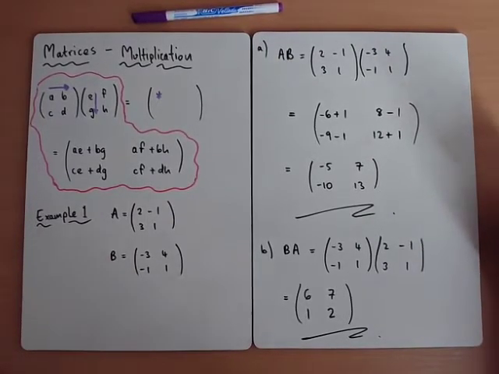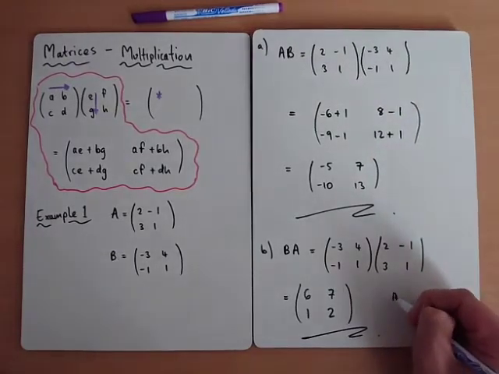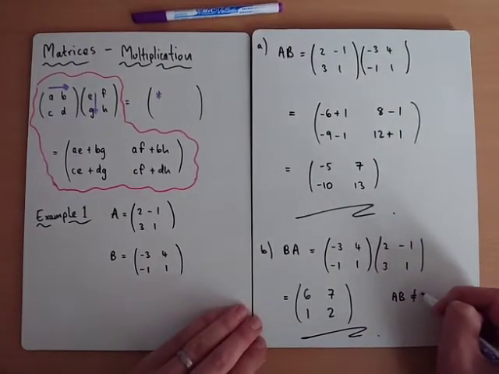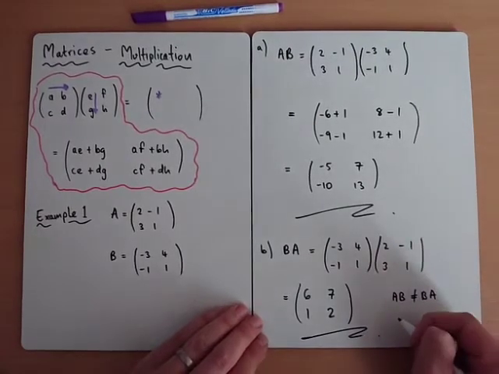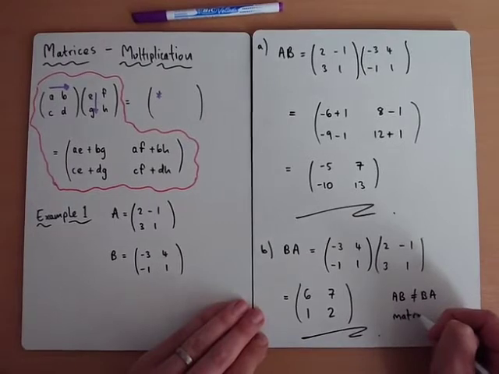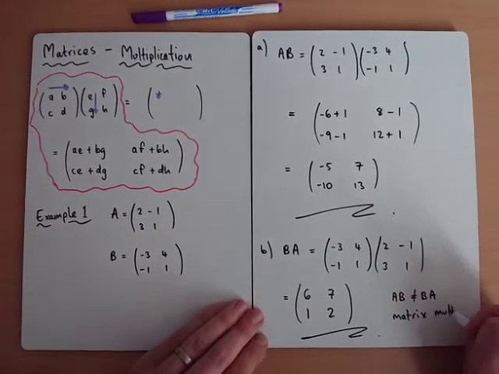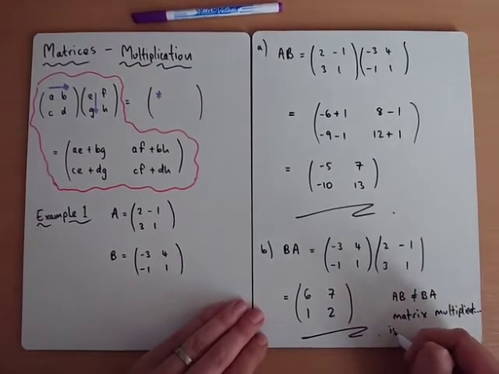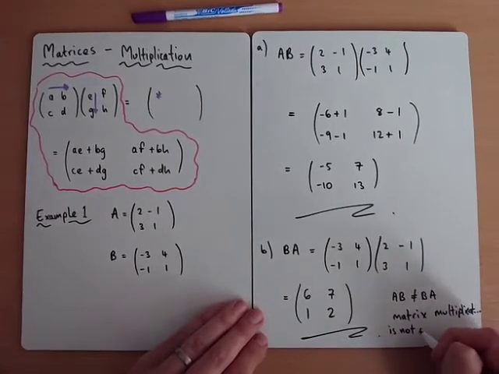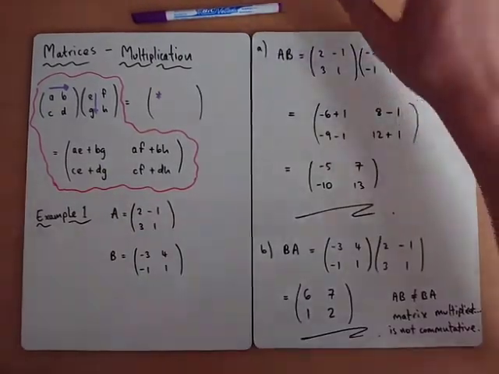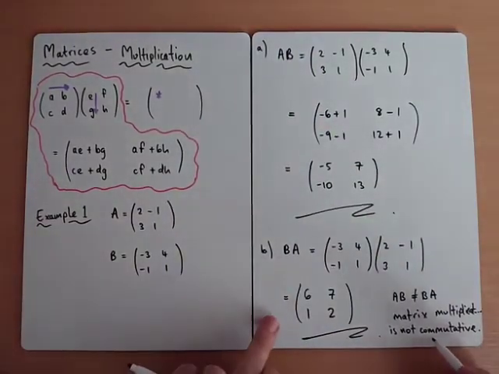Okay, there's a term for it which doesn't really come up in the exam, but just in case it does, it's something that you probably want to have reference to. We say that because AB does not equal BA, we say that matrix multiplication is not commutative. Okay, so if they ever mention the word commutative in the exam,